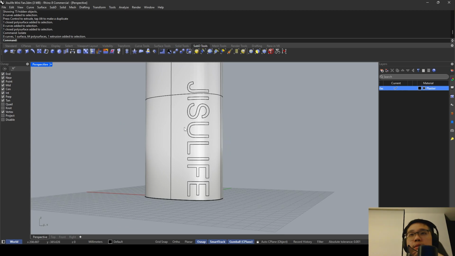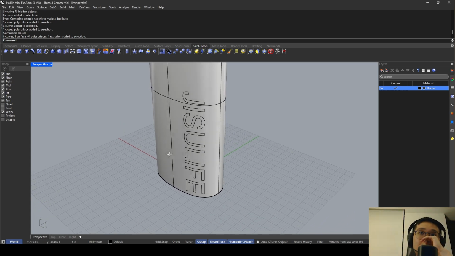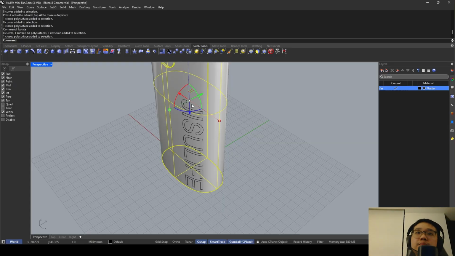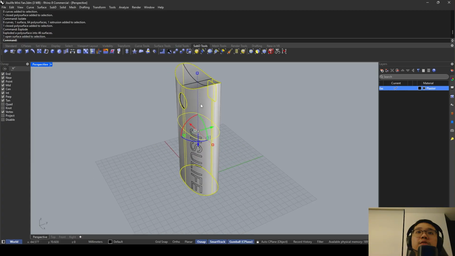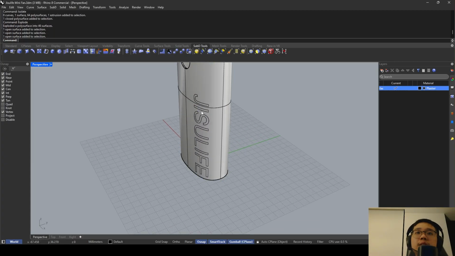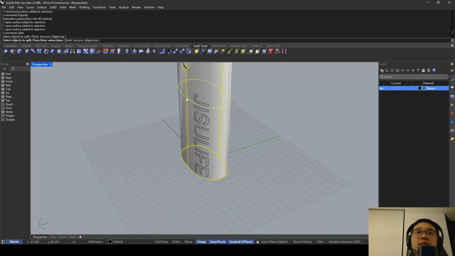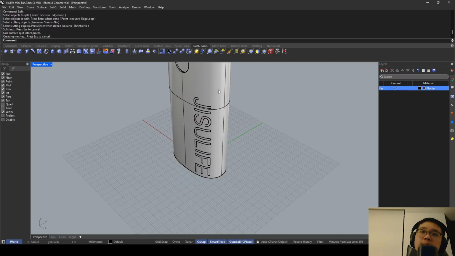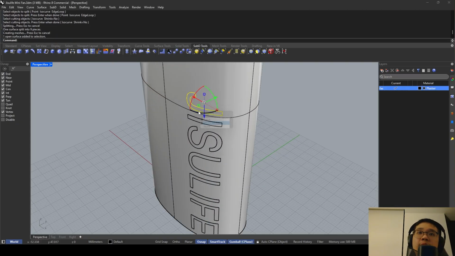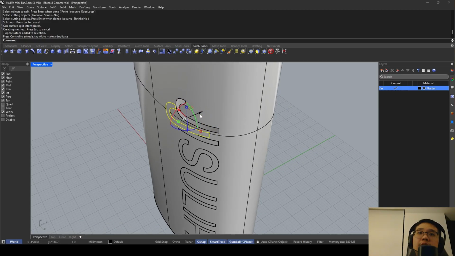So to do that, I need to separate the surface. So explode this, explode the handle, so everything is exploded. Command split, I'll split the surface using the text, so everything has its own surface. Okay,